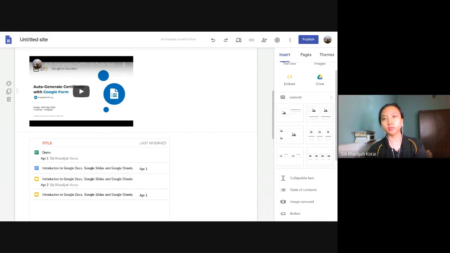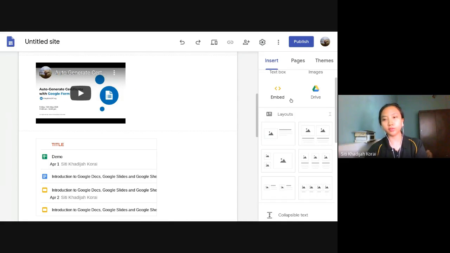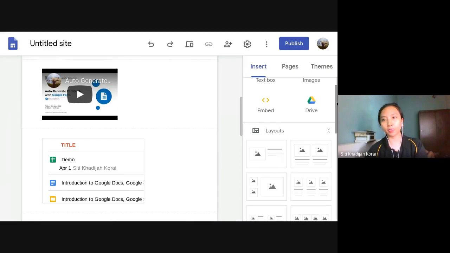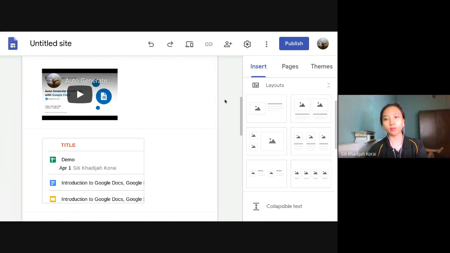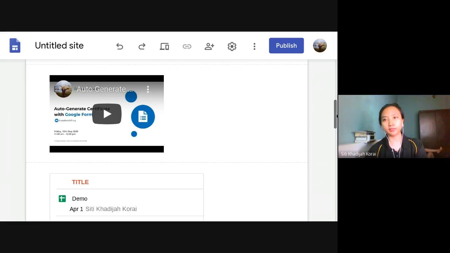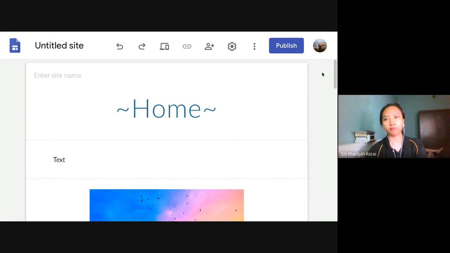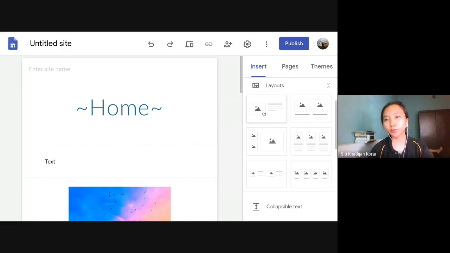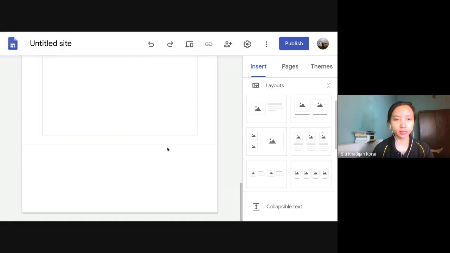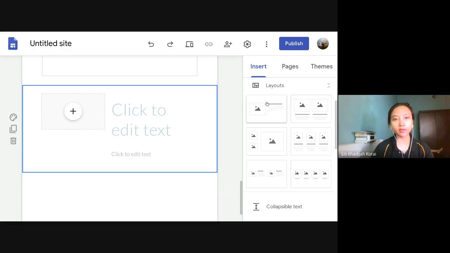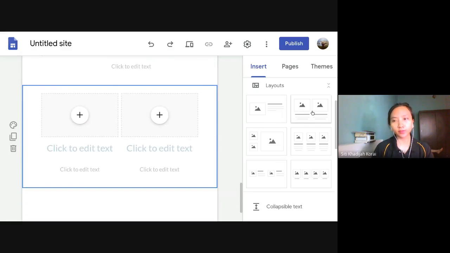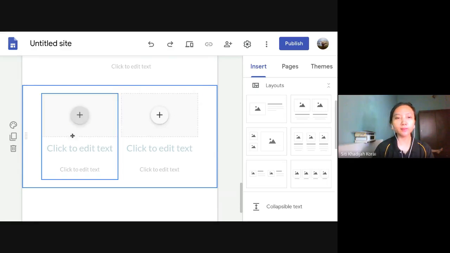I will zoom, just zoom for you to see it. So now for this one, it will be an image on the left side and also a title. Let's just go one by one. For this layout, if I click on it, that means there's an image on the left side, title, and also the normal text. It's already made, so you don't have to create it. If you click on this second layout, that will be 2 images, title,